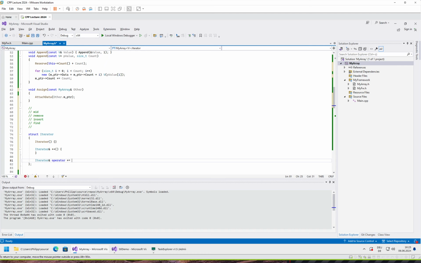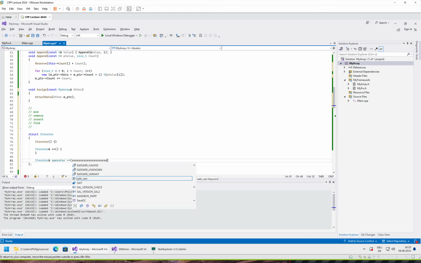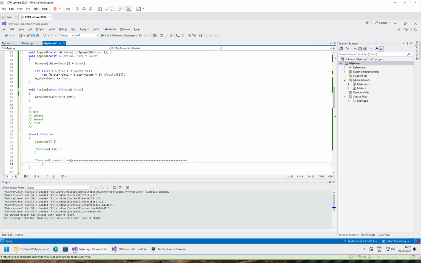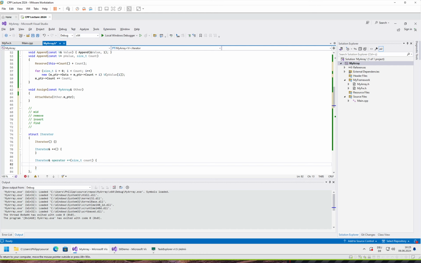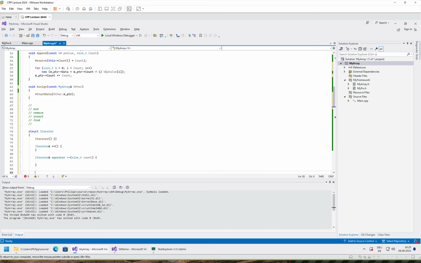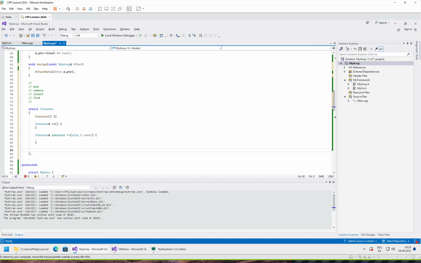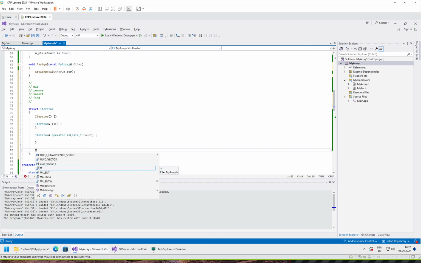Right. So we have the operator, it takes an argument as a size, size_t count. So what this one will do is allow us to advance a data iterator by more than one position. Then we need the reference